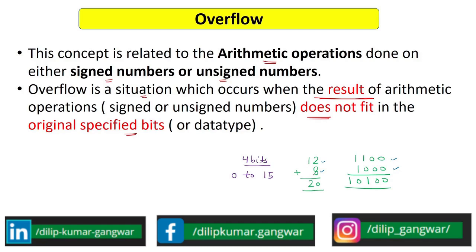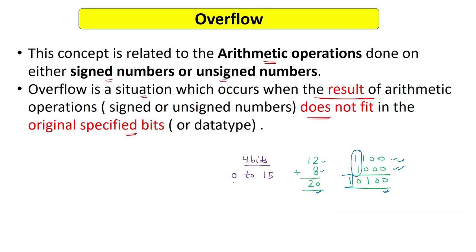So these are the representations of 12 and 8 in unsigned representation. After adding 12 and 8, you will get 20, right? Now here, if you add these numbers, you get this 20. We have seen in the unsigned numbers overflow video that this is a case of overflow. Why? Because this is the carry out bit which is generated after adding these bits, and this carry out bit shows that in the case of unsigned numbers we have got the overflow. Why overflow? Because in 4-bit unsigned representation we can represent only the numbers from 0 to 15. The inputs 12 and 8 were okay, but the answer 20 cannot fit in the range 0 to 15. It is going out of this range.